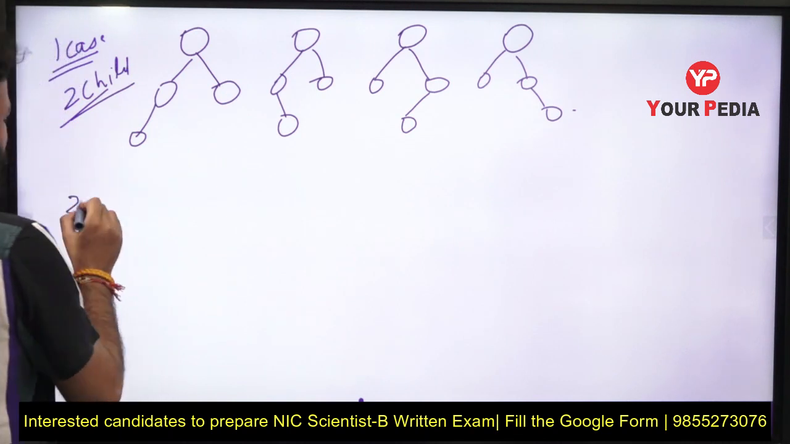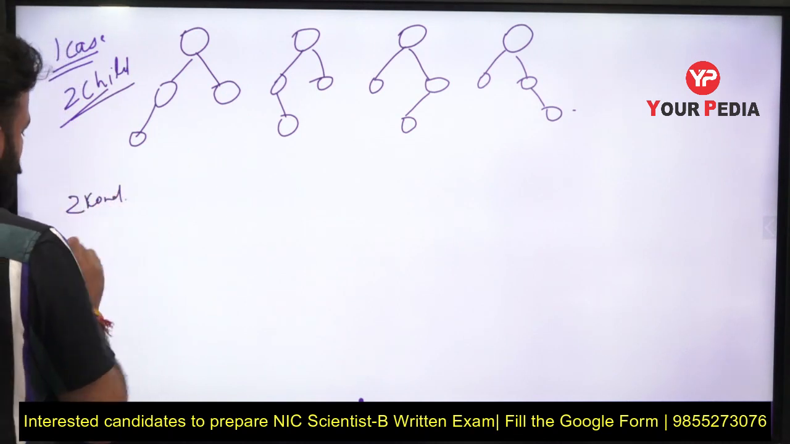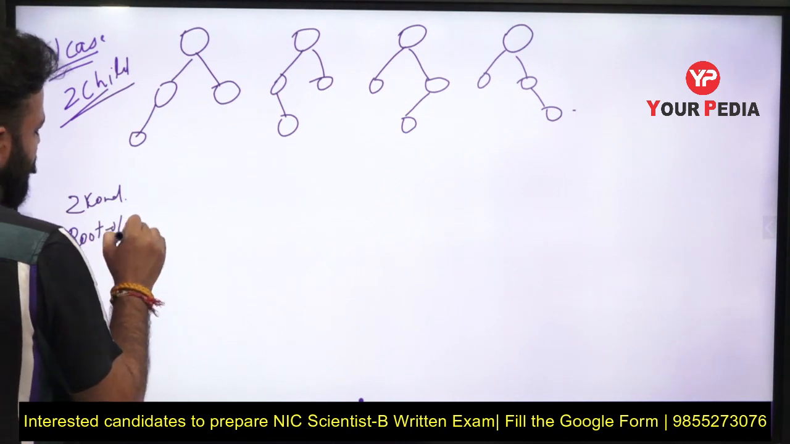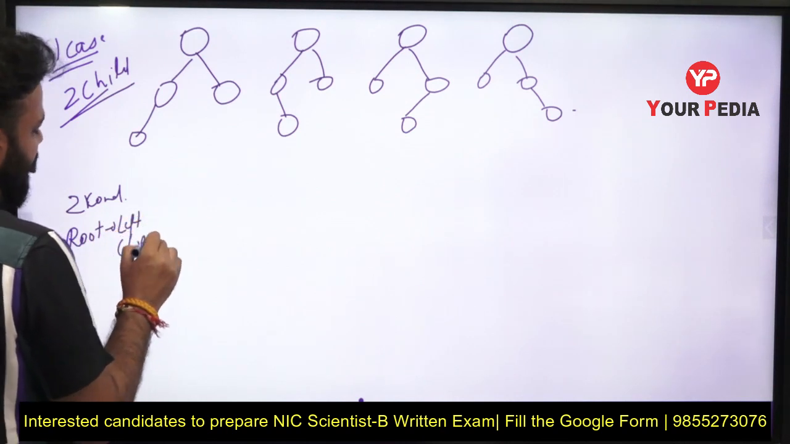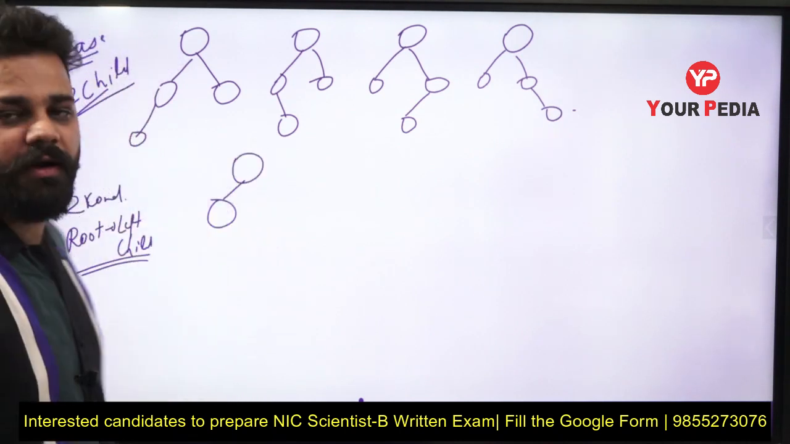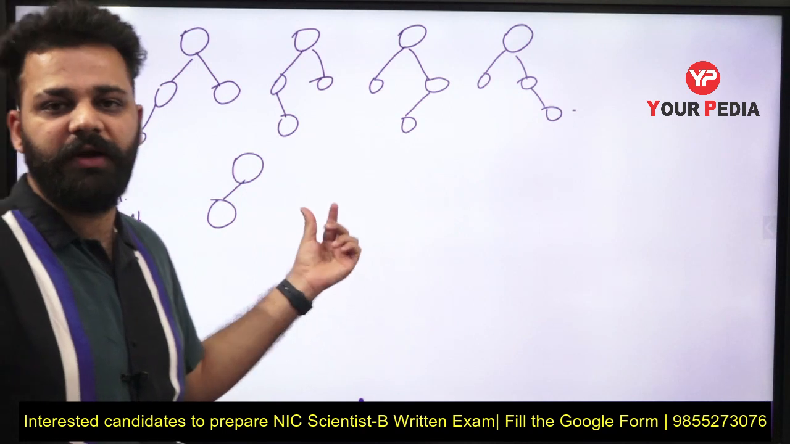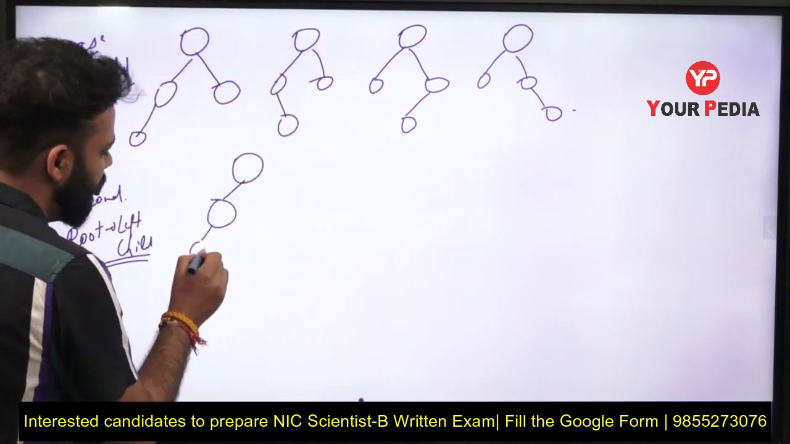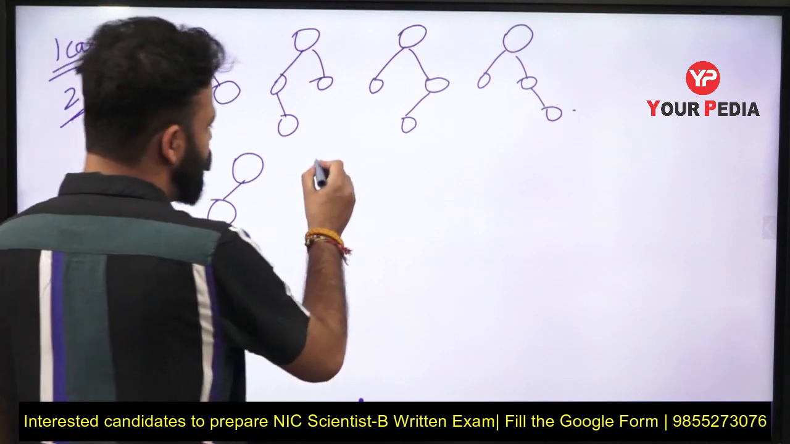2. Second case is root node will have only a left child. When root node is having a left child, you cannot put a node here because it is only having a left child. After that 2 nodes are remaining. Now 2 nodes can be given this way, 1, 2,